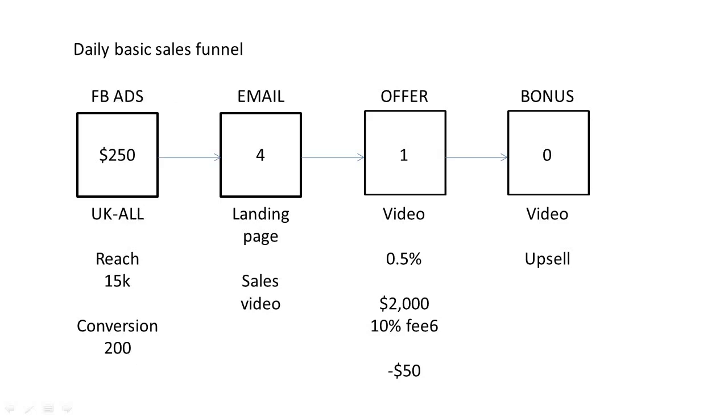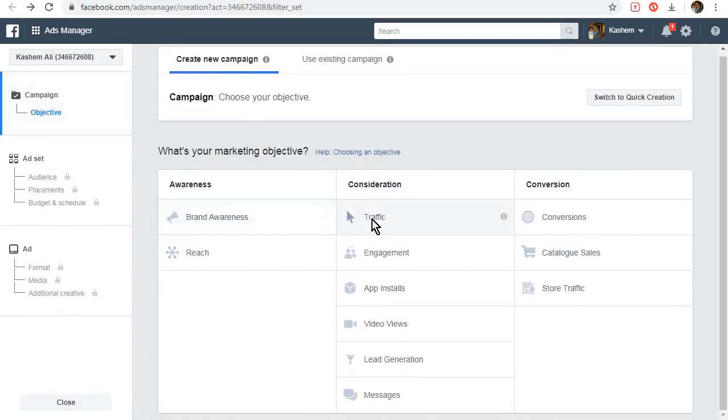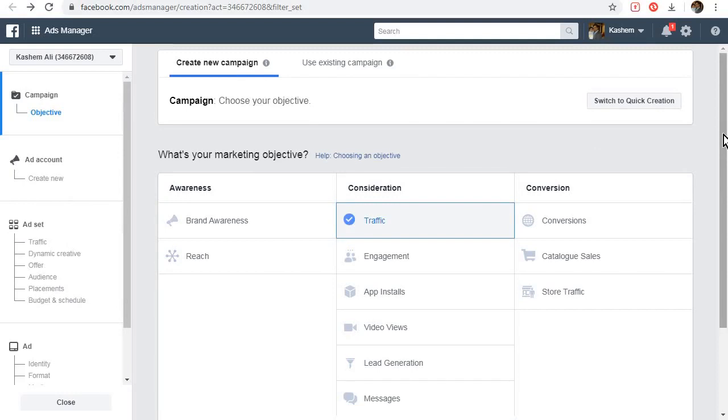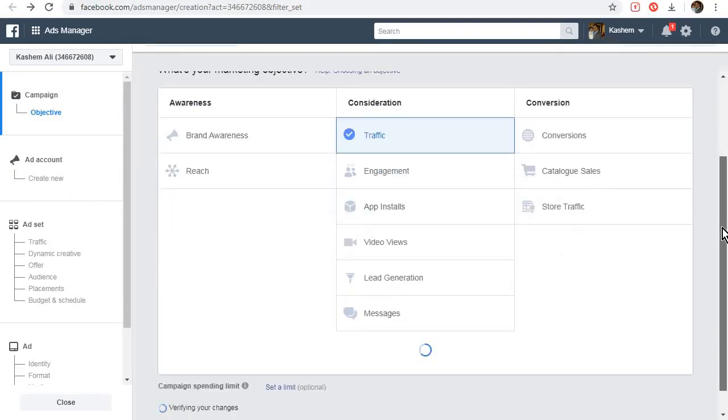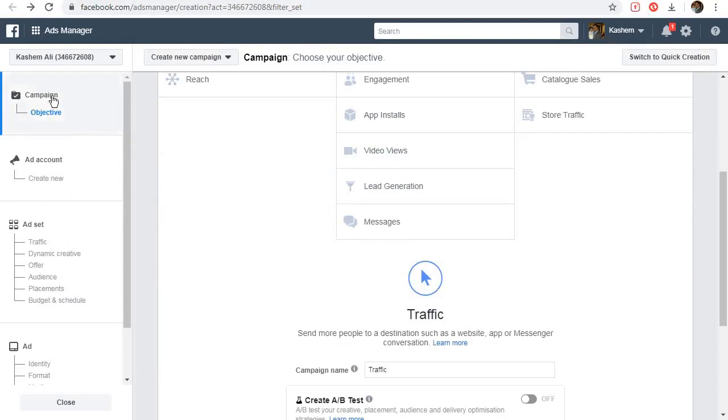Now, if I come to the internet and I have the Ads Manager open here, you will select an objective. So for example, if I want to pull traffic into the business, this is what they refer to as the campaign objective.